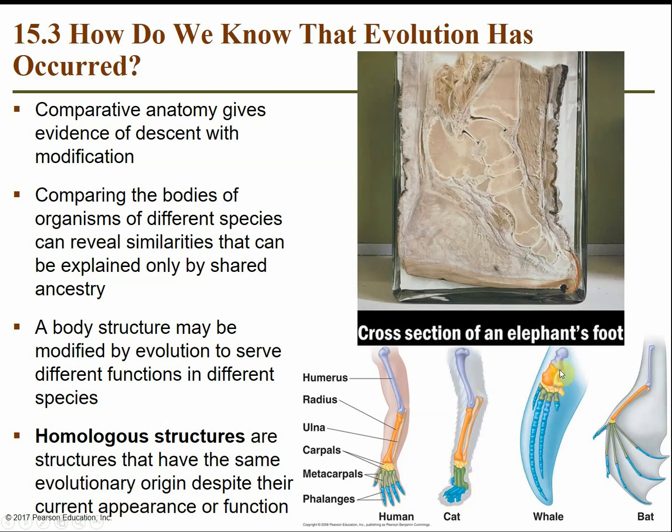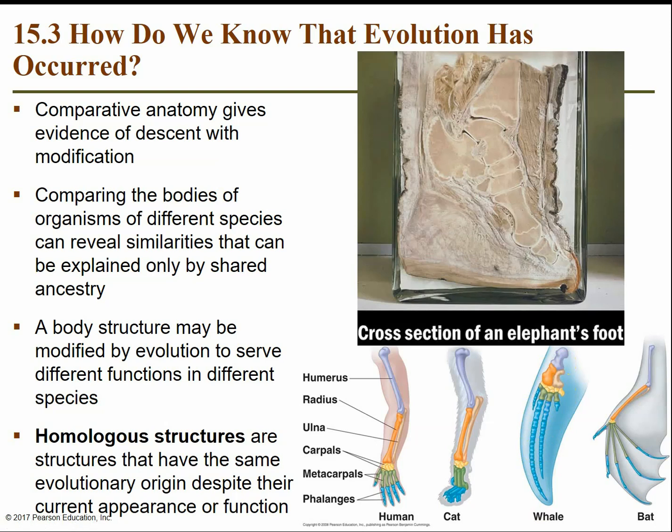Same thing with a whale. A whale is an aquatic organism, but it's a mammal, so it's going to have that shared ancestry. That means it's going to have those same bone structures. Because they don't really use their limbs for weight-bearing locomotion, since they're aquatic, their bones are much reduced in structure. But they still have a humerus, a radius, an ulna, carpals, wrist bones, metacarpals, and phalanges. They have very elongated phalanges, or finger bones, to make the structure of their fins,